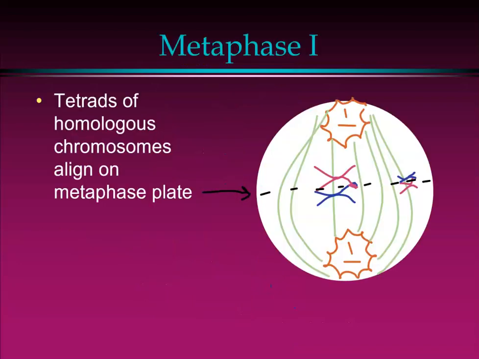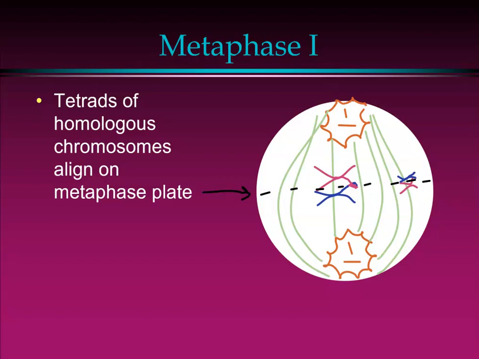All right, so here we have metaphase 1. Notice that the tetrads, still together, have lined up on the metaphase plate, which is that imaginary equator of the cell, and it runs perpendicular to the direction of the spindle fibers coming from the centrosomes. So at this point, the spindle microtubules have attached to the centromeres of the sister chromatids